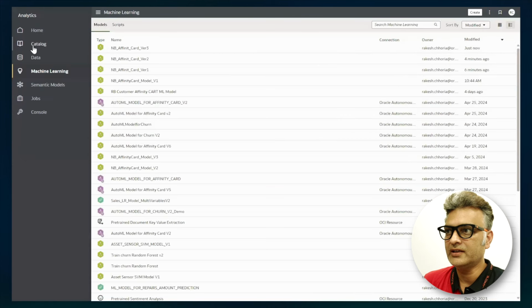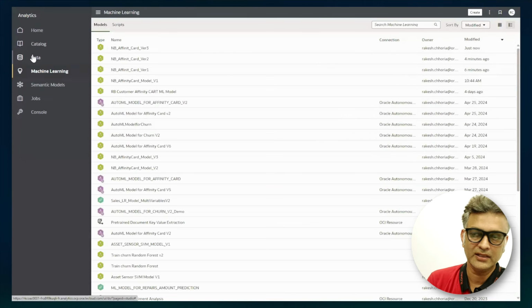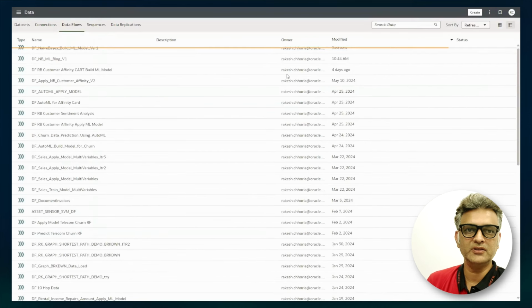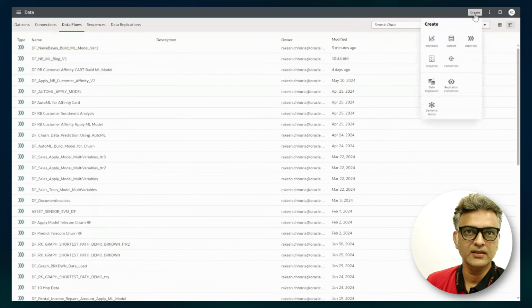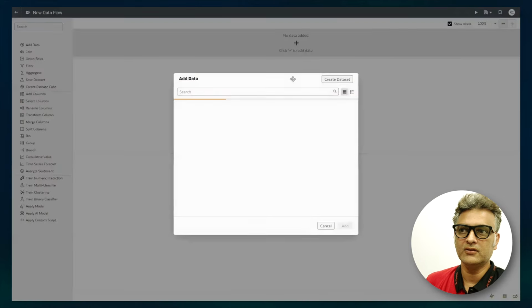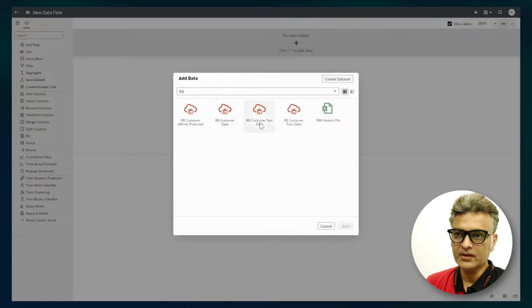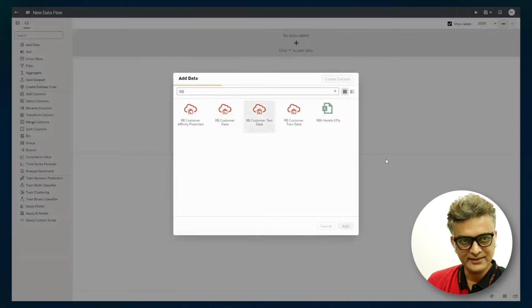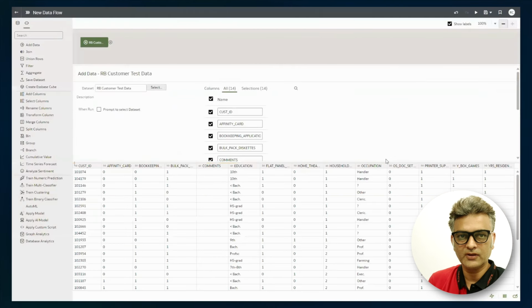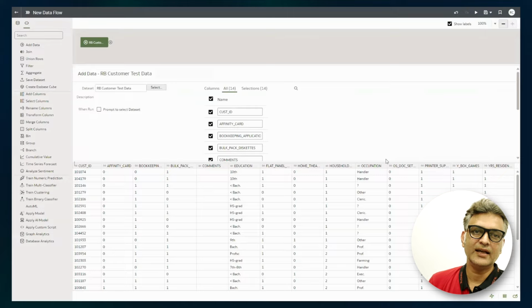So for this, there are two ways to apply a machine learning model that you built in this way. The first approach is to create a data flow. So we will create a new data flow. Now for this, as I mentioned, I'll use a test data. The data set structure is similar to the one that I had used for the training data set. I'll use this test data and then I'll try to compare the